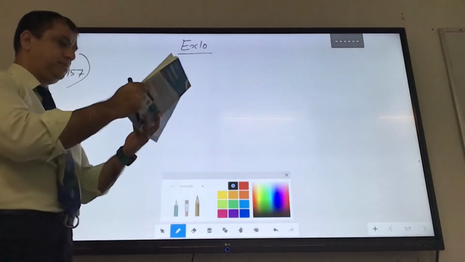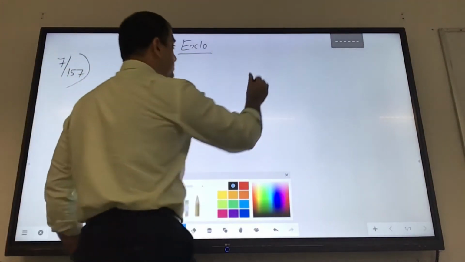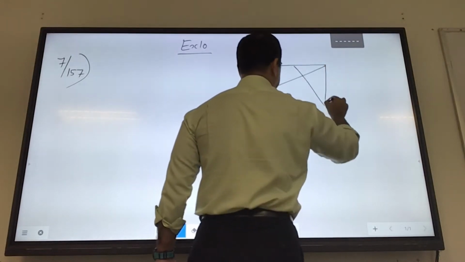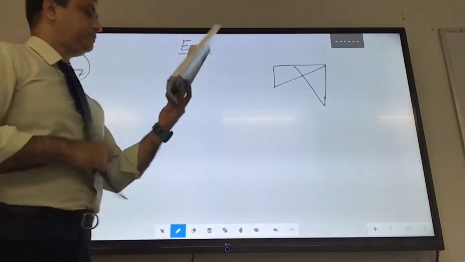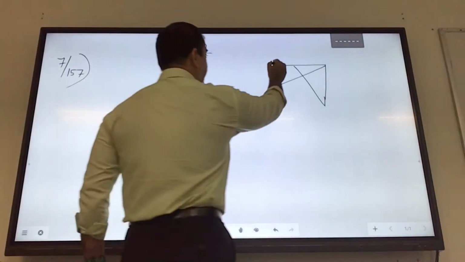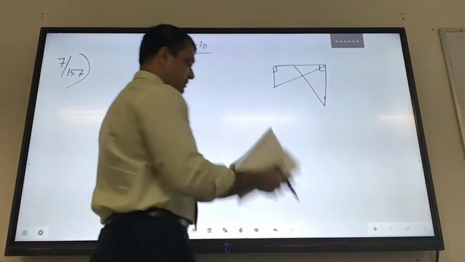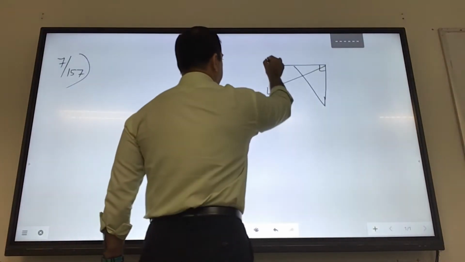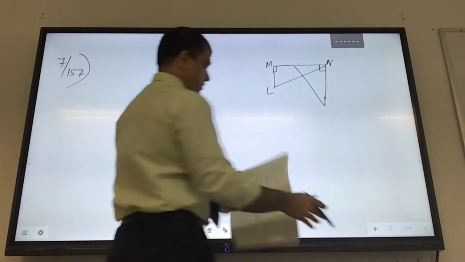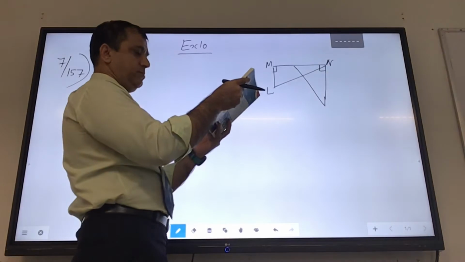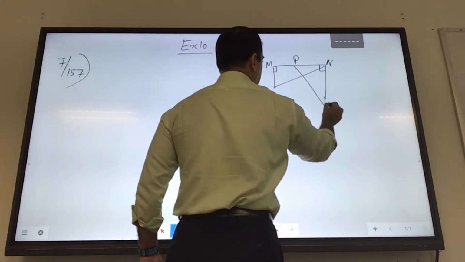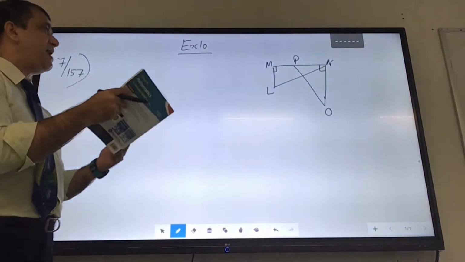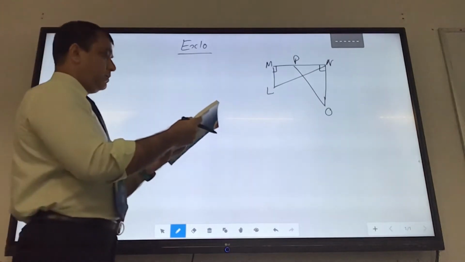Okay, so the diagram has two right angle triangles. One is here, the second is like this. These are right angle triangles. So this is 90, this is 90, and the names are L, M, N. This triangle is LMN, and the other triangle is PNO. This point is P, this is O, where we are given that MN is twice of ML, and P is the midpoint.